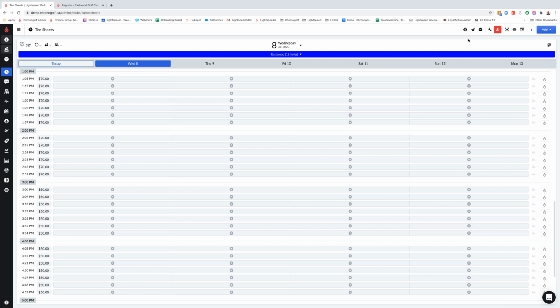As soon as you enable this bell icon, and it will only be on your computer, so let's say you're in the office doing adjustments to the T-sheet, if someone's at the Pro Shop counter, it won't impact their computer in any capacity. It's just the one that you're using that you've enabled it on. And this allows you to really just make adjustments without triggering a ton of emails to